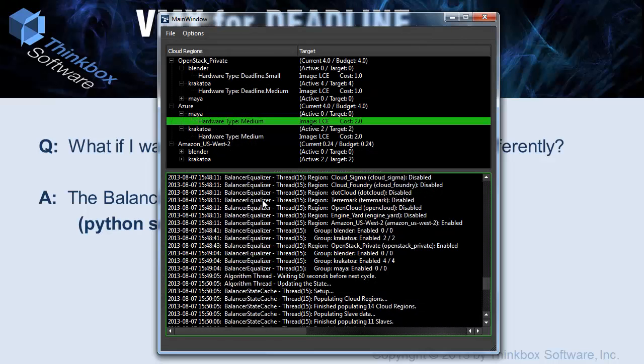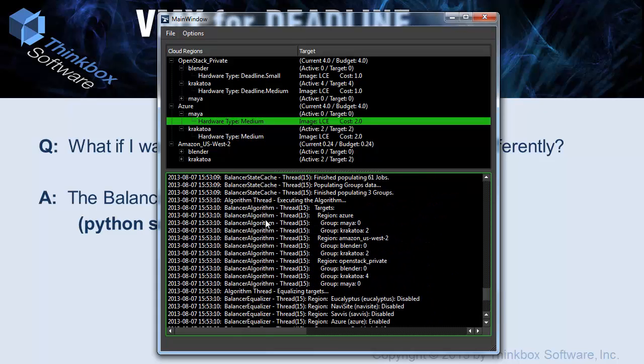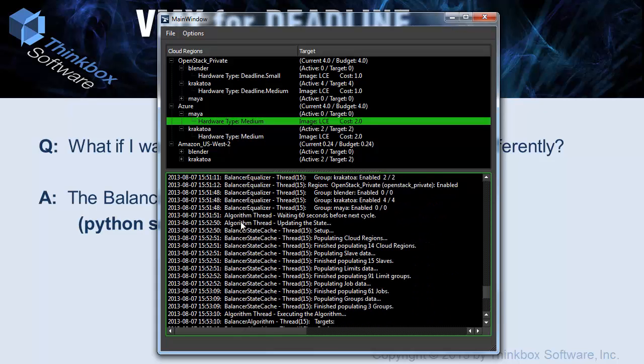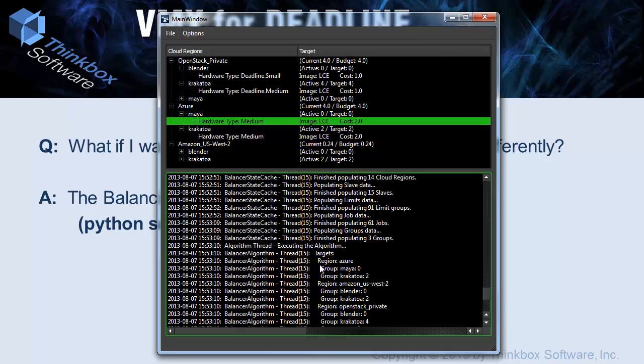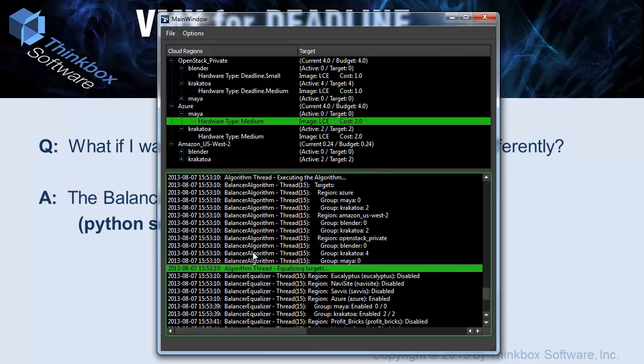So let me first go back to the VMX Balancer window, and again point out, for example, we have the 3 stages. So up here again is the updating of the state. The state is gathered up and passed over to the algorithm, and essentially that algorithm can be changed to do whatever it is that you need it to do. And all that the algorithm has to do is provide a set of targets for each enabled group, and then those targets are handed over back to the balancer, which then goes through an equalization stage to conform the various